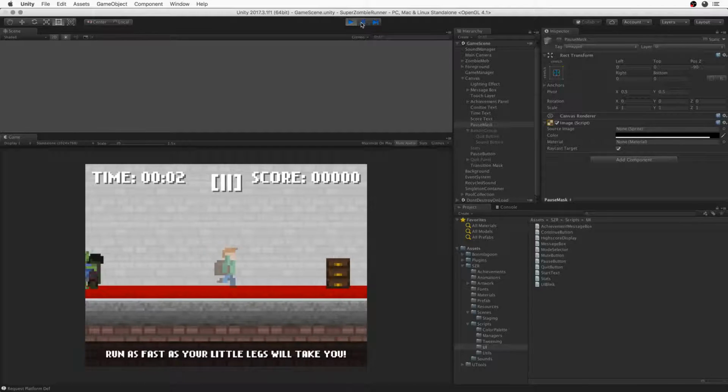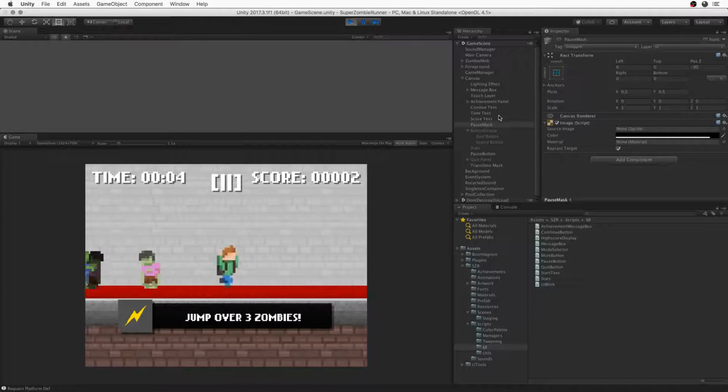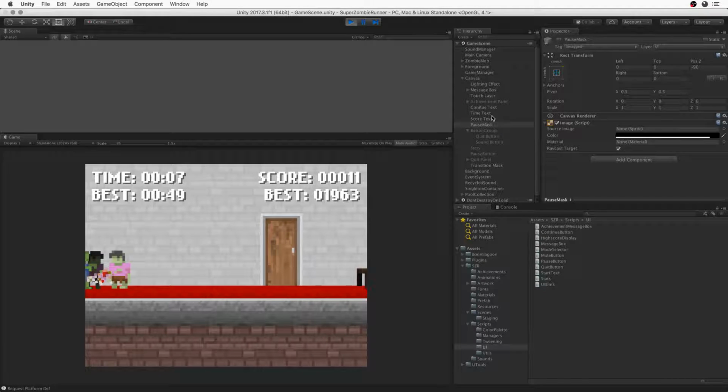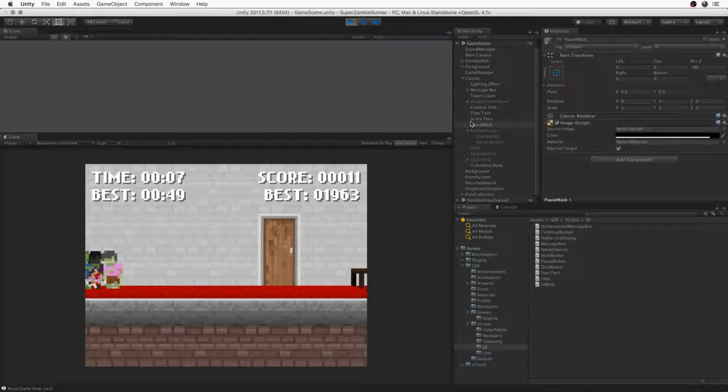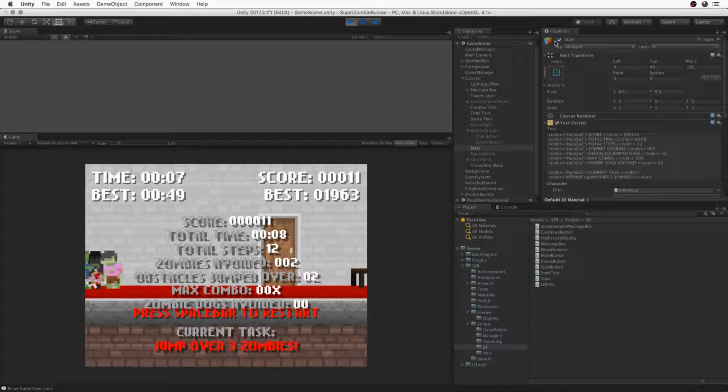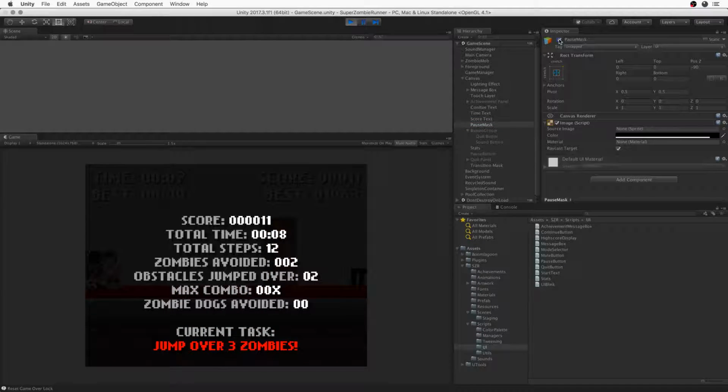This is one of the good things about Unity, is that I can basically mock this stuff up, move everything around, see how it looks, and then if I don't like it, if I stop playing the game, it'll just reset. So we have stats. We have this pause mask. And I wonder if I made the pause mask